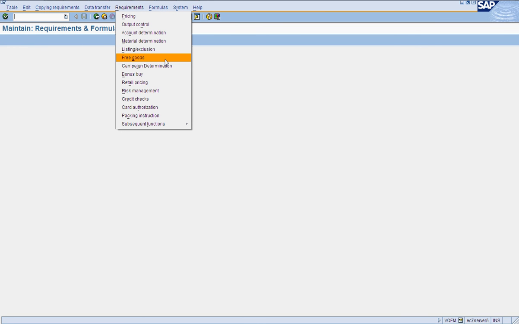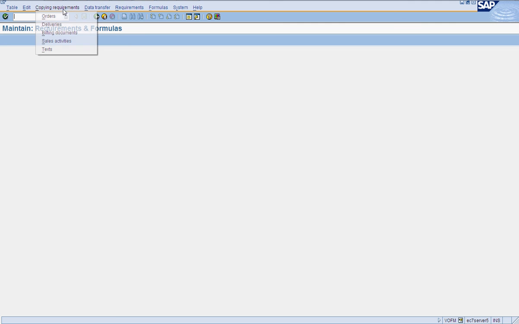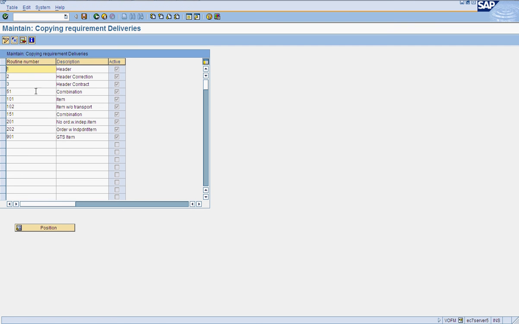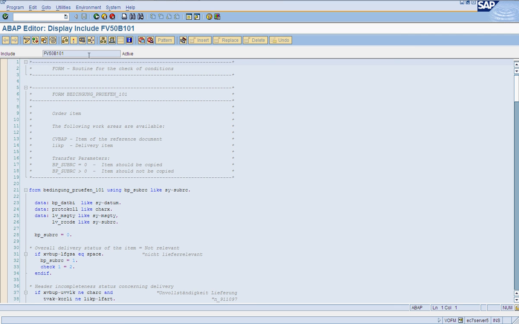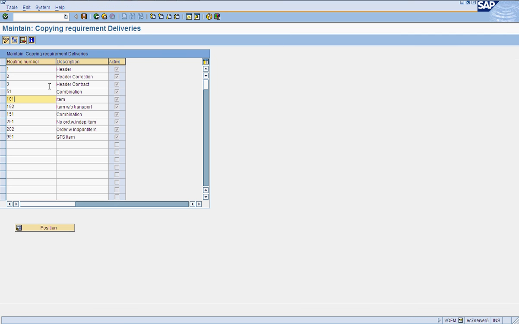Let me show you one example of copying requirements for delivery. So ABAPer will create a routine here along with the code. The code is written in background. So it's a job of an ABAPer to define this routine, and then we will be using this routine in our assignments.